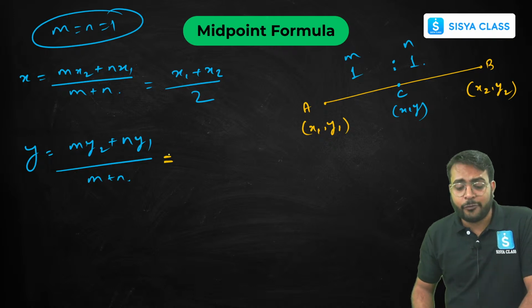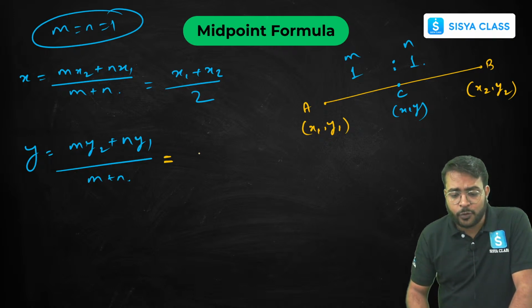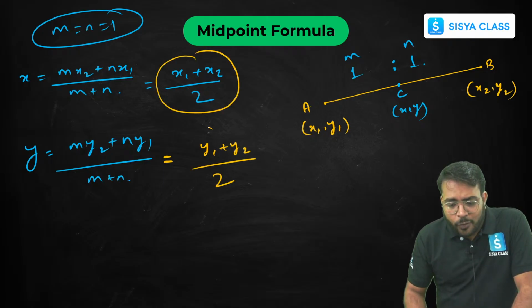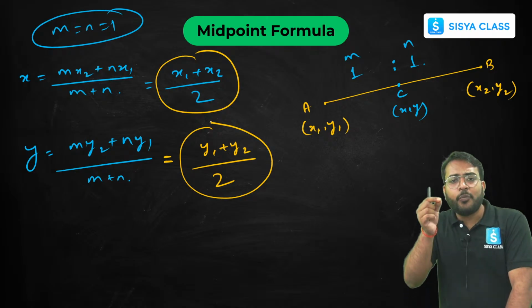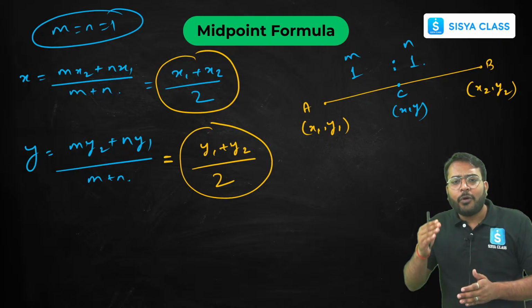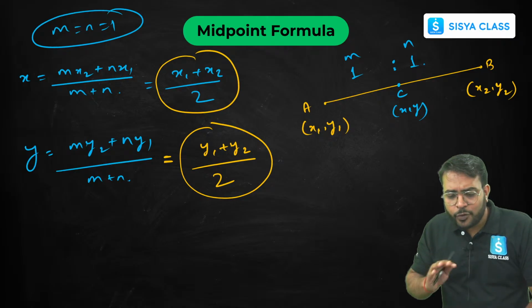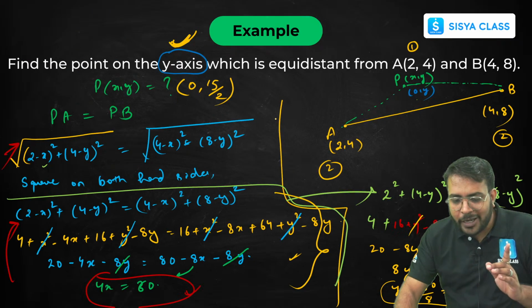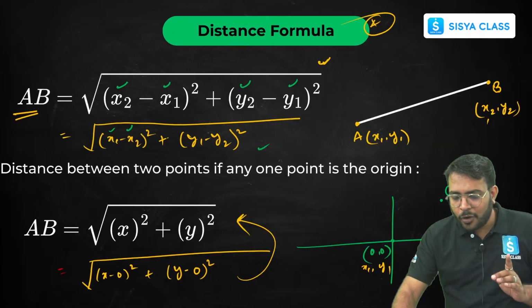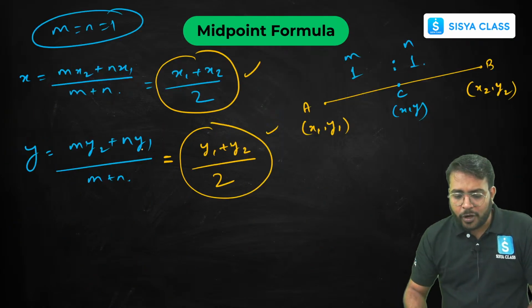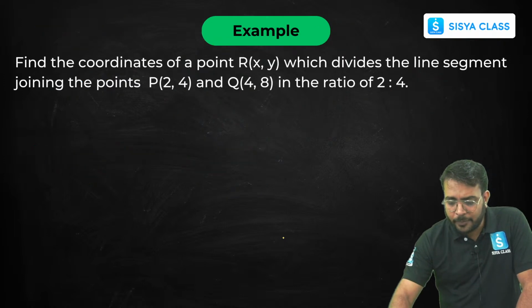नाउ हियर आल्सो बेटा you can substitute your m and n value, you are going to get y1 plus y2 by 2, all right। so इस फॉर्मूले को बस याद रखना, कभी भी अगर आपको मिड पॉइंट फाइंड आउट करना है डियर, x1 plus x2 by 2, y1 plus y2 by 2, अंडरस्टूड, वेरी सिंपल, ऑल राइट बेटा। तो अभी तक बस आपको यही 3 फॉर्मूला यूज करना बेटा, टिल नाउ जस्ट यू हैव टू यूज 3 फॉर्मूलेज, ऑल राइट। इस 3 फॉर्मूले को आपको अपने दिमाग में बिठा लेना है, ठीक है, फाइन।